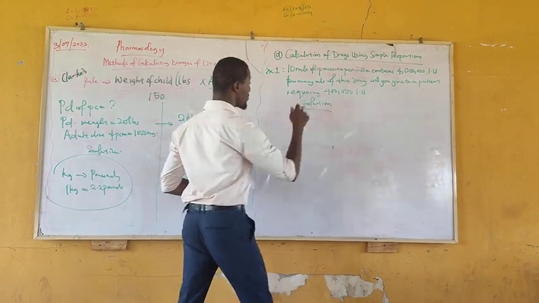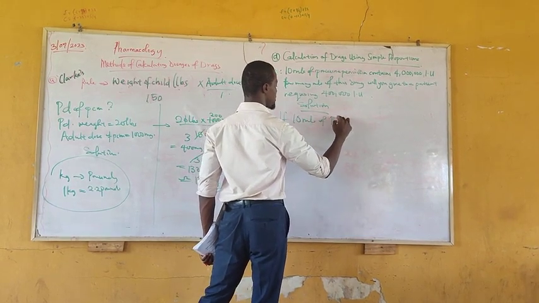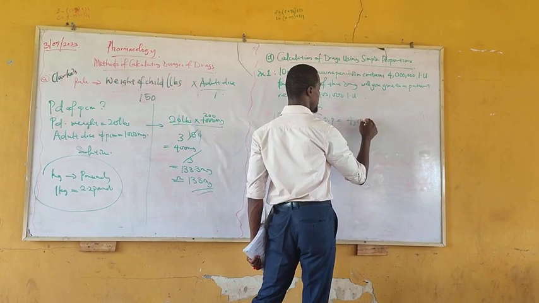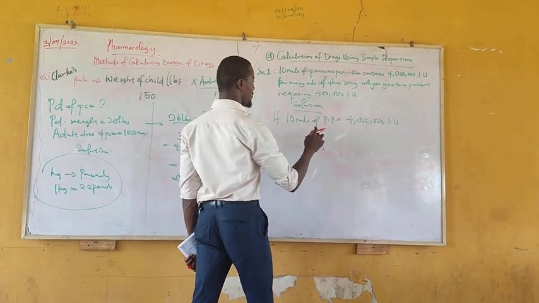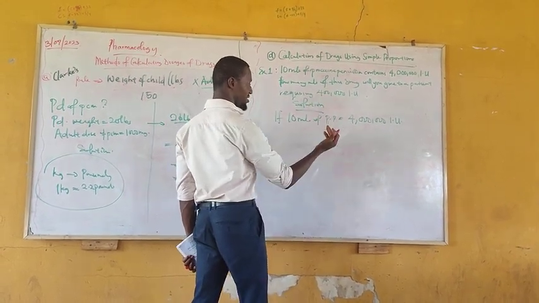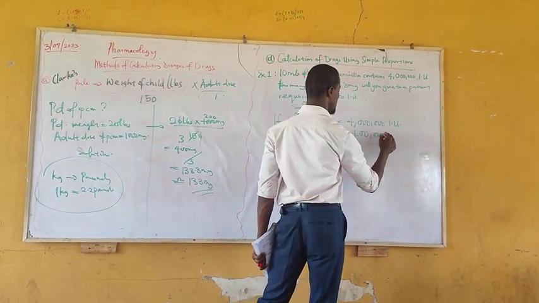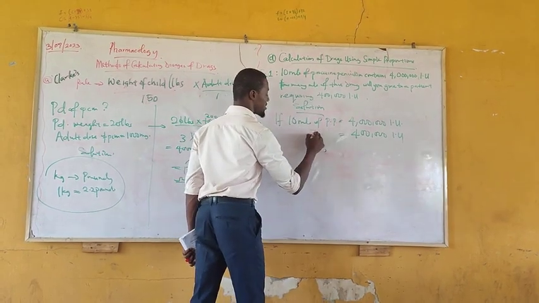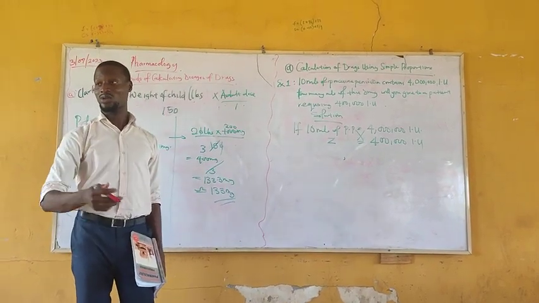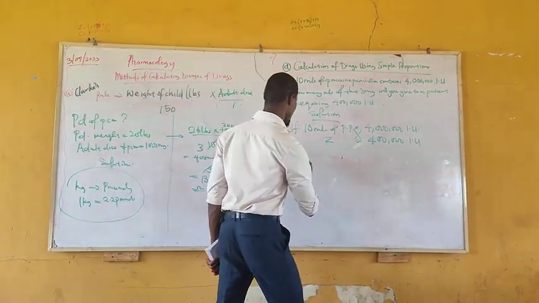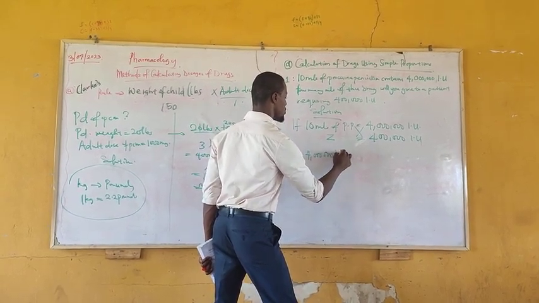There's no formula there. You compare it. If 10 mils of procaine penicillin equals 4 million international units, then 400,000 IU equals Z. At this point, you cannot do addition or subtraction. You can only cross multiply. So on this side, we have Z times 4 million IU equals